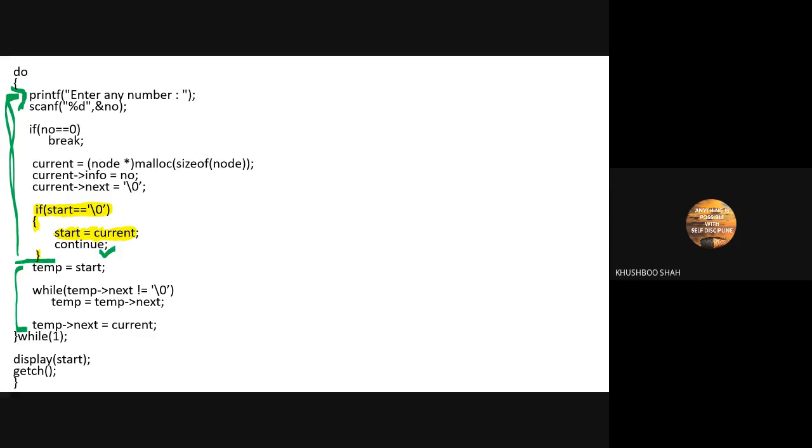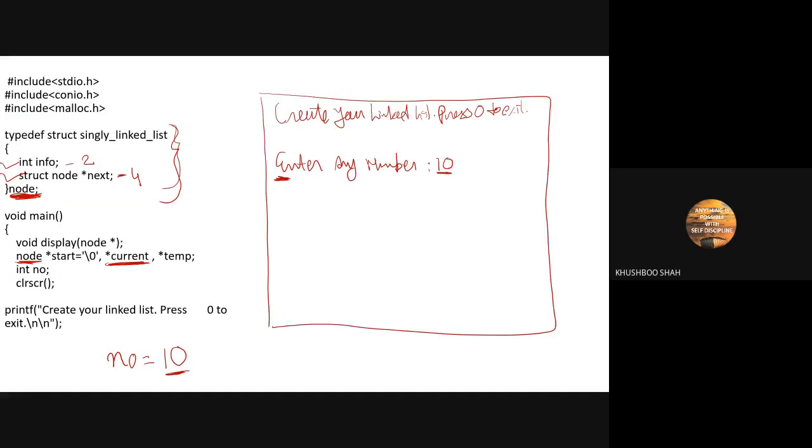What is the first line? Printf. Now it is going to be very interesting, guys, so please concentrate. It is not going to execute the rest of the part in the loop. It will go to the first line, printf enter any number. So this is my console, and again I will have enter any number.